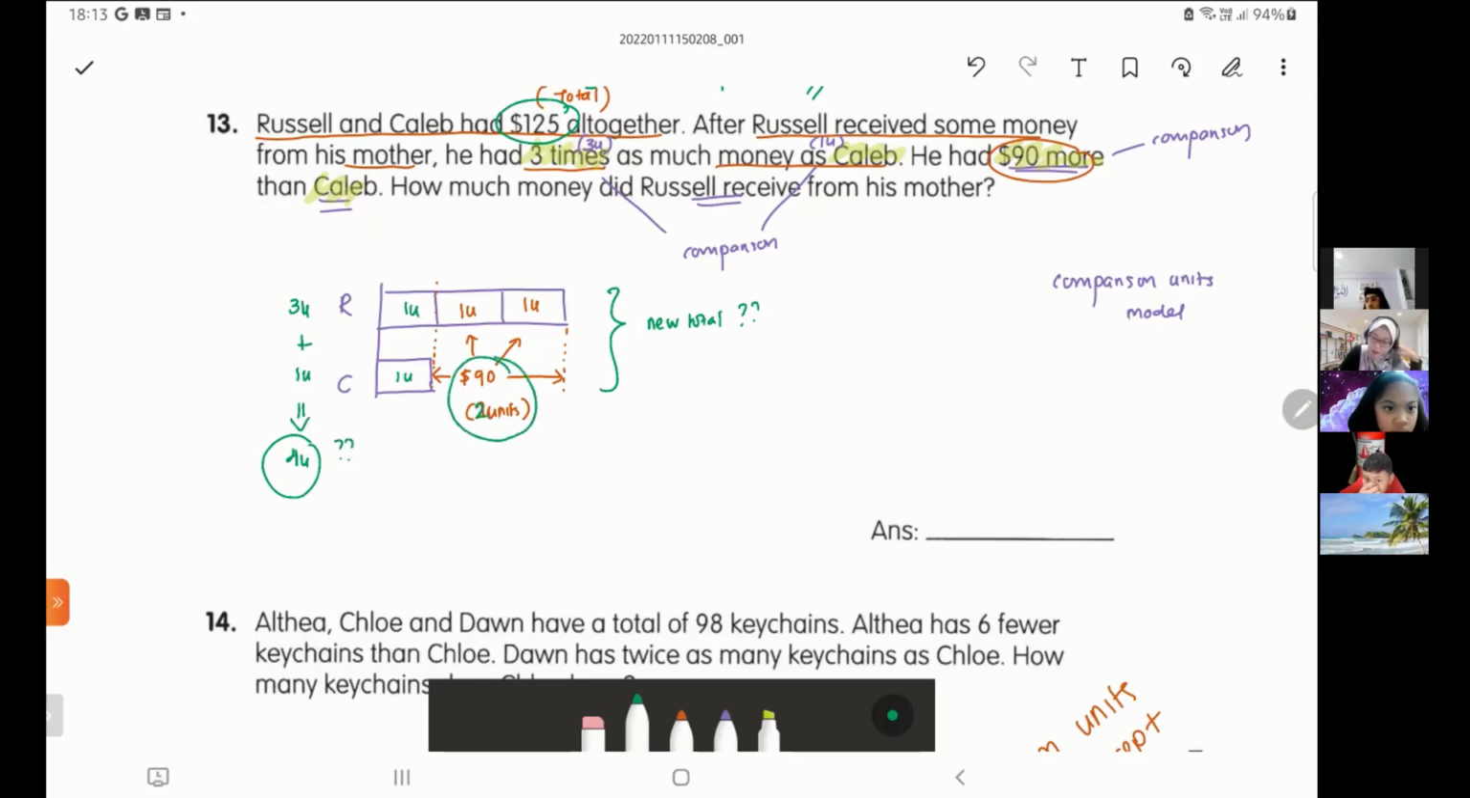This is 2 units. 2 units is $90. 1 unit is $90 divided by 2. 1 unit, you always divide, and you will get $45. To find 4 units, you simply times 45 times 4. To find anything more than 1, it's times. To find 1 is divide. Please remember that. Okay? To find 1, divide. Always, forever. To find anything more than 1, the units times. 45 times 4, you are going to get